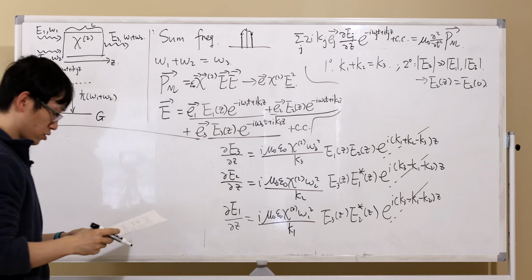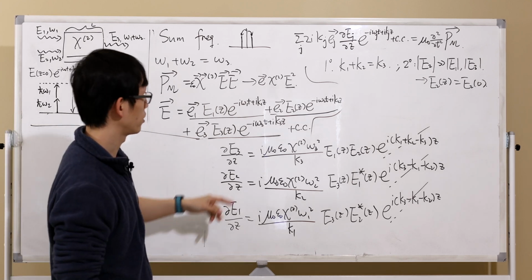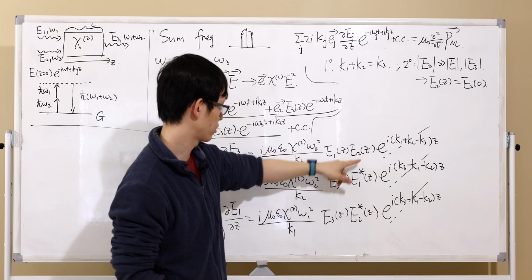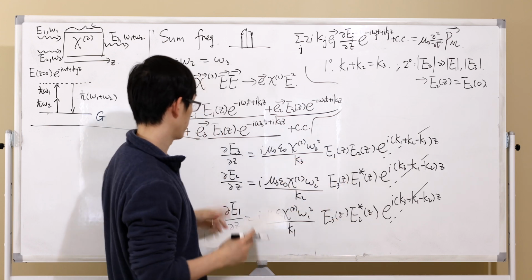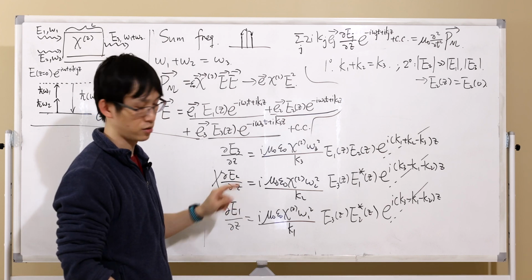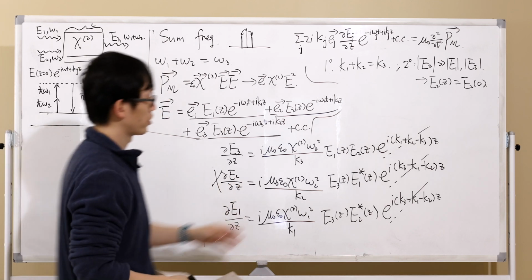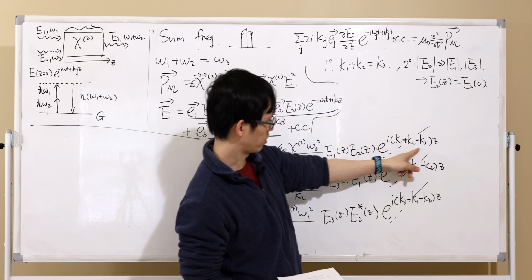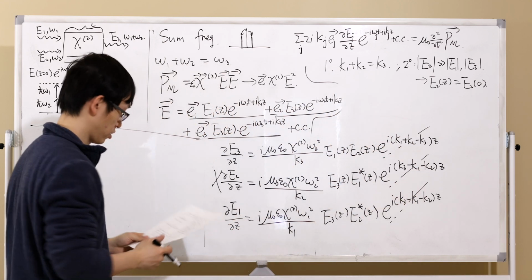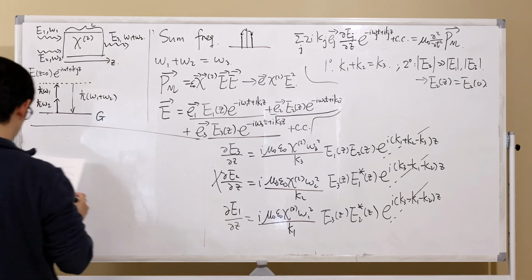What you're going to get here is that you can treat E2 as a number and replace it here and here. You can get rid of this equation because E2 is not going to change under this assumption. And you can also get rid of all these phase terms, because you assume you know how to do a phase matching condition. Then the net result would be